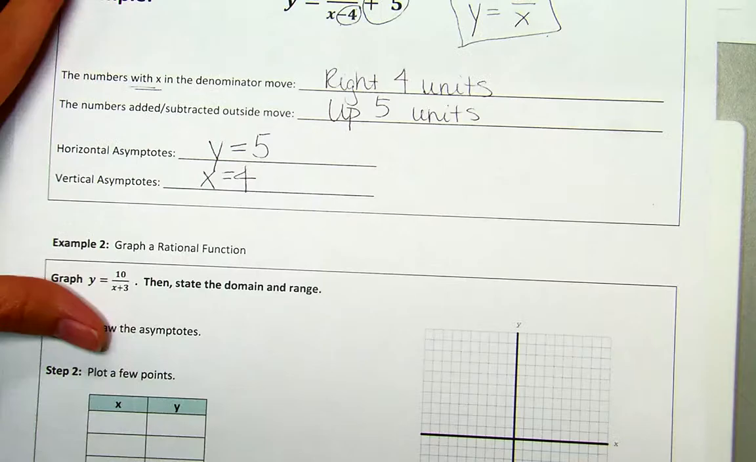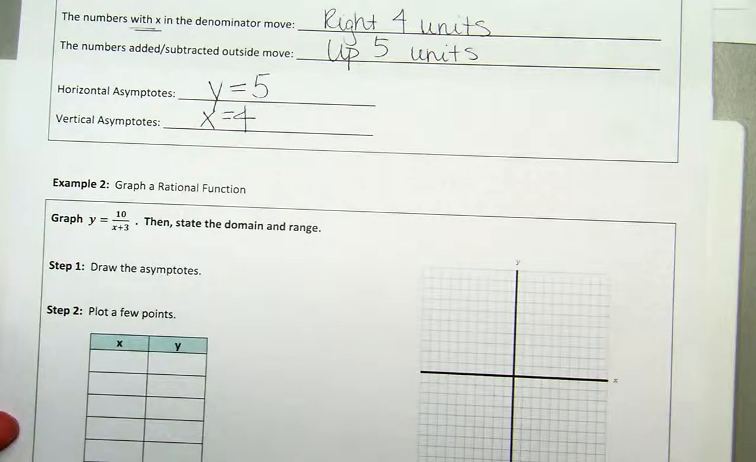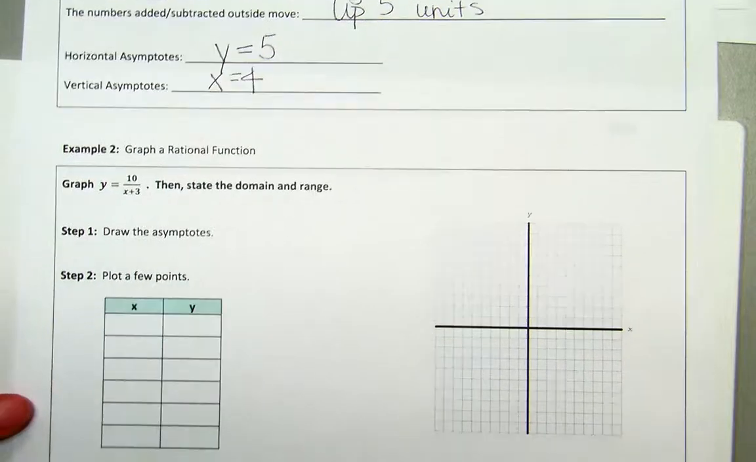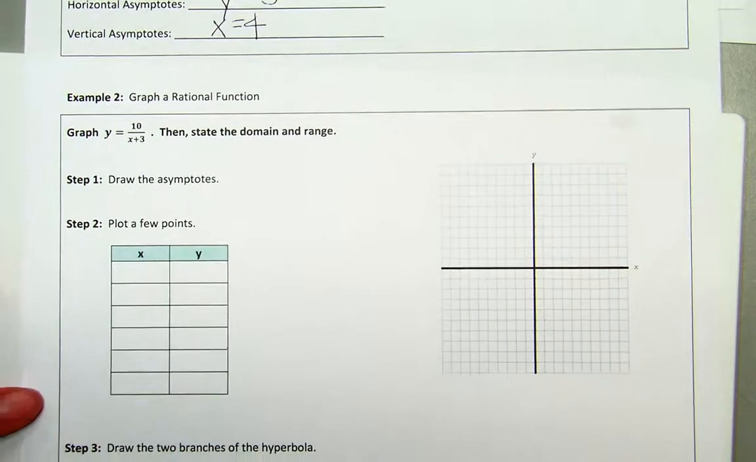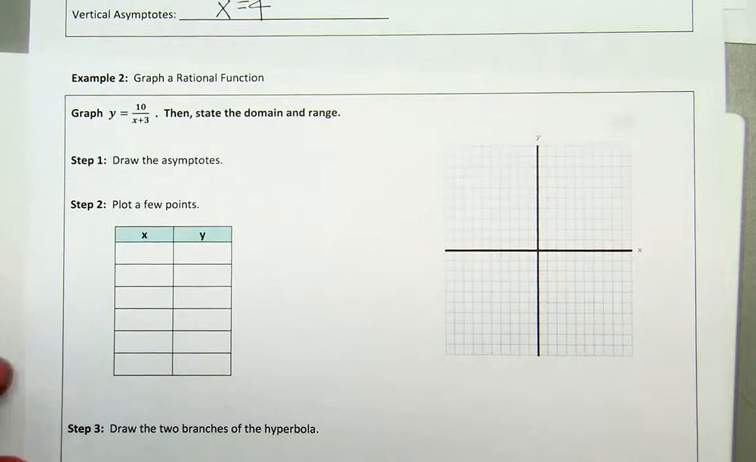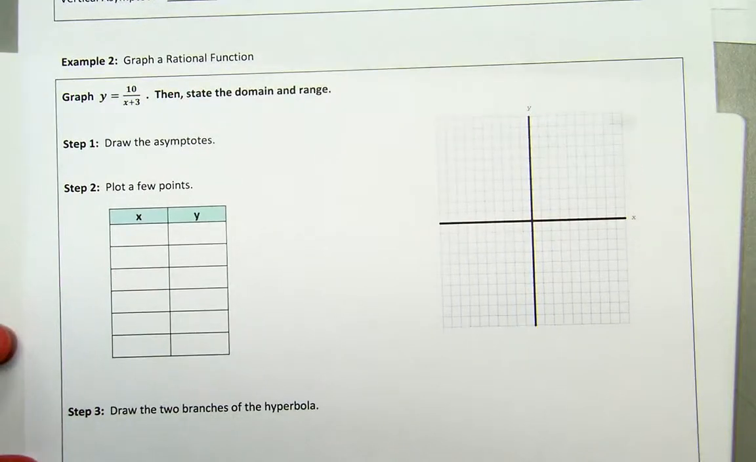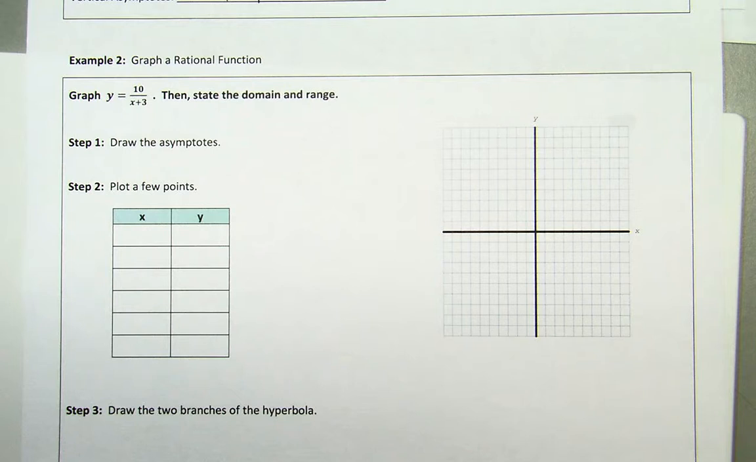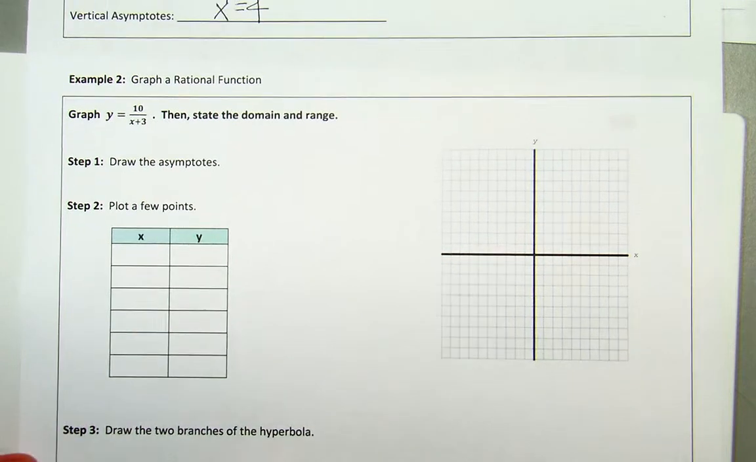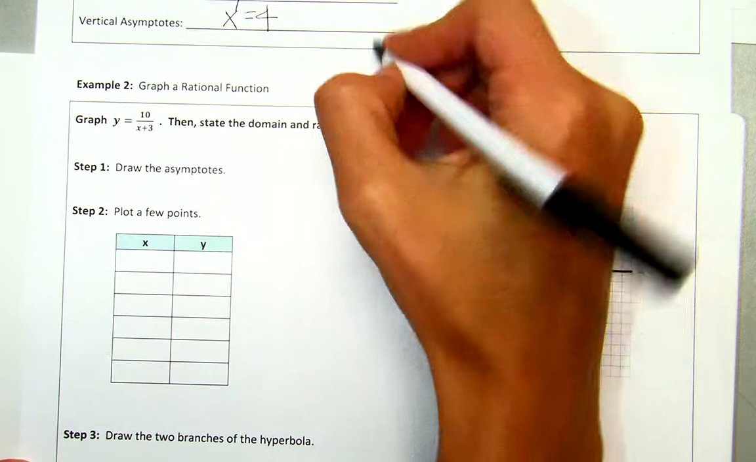So in example 2, they want us to graph the equation y is equal to 10 divided by x plus 3. Then they want us to state the domain and range. So step 1 is going to be drawing our asymptotes. So right off the bat, I'm going to write down a couple things that I expect. So the first thing I expect